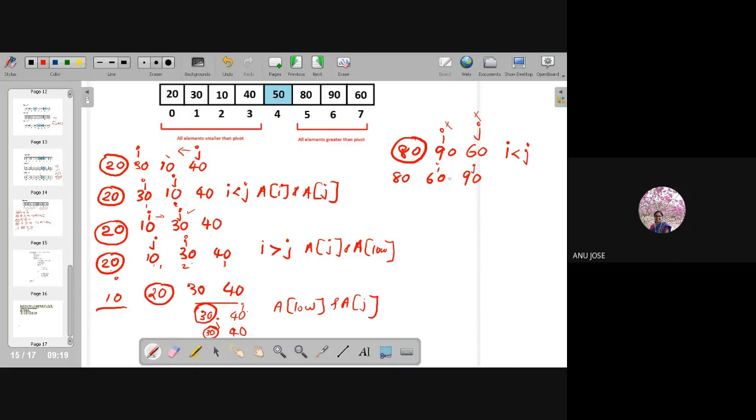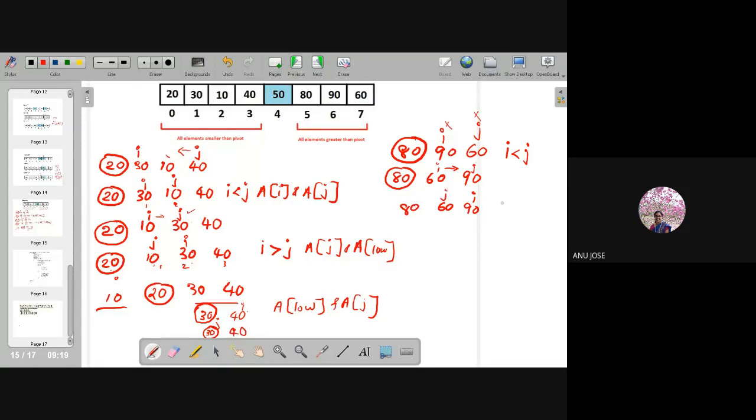I is already holding a value smaller than the pivot, so I has to move to the right hand side. I goes to 90 and finds a larger value, so I will be in this location and J comes into this location.